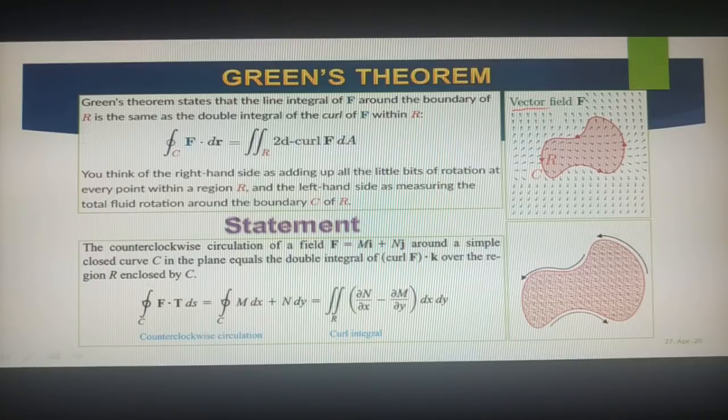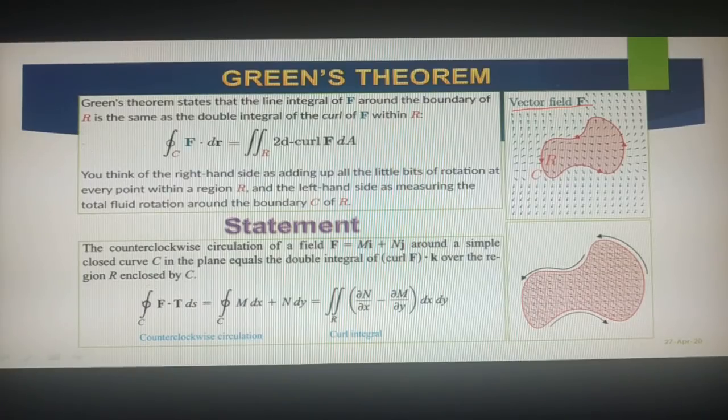So I have a vector field here, and in this vector field I took some region R, capital R. Around this region I have defined some curve, capital C. As you know from our previous lecture, we find this using the integral over C of f bar dot dr. This circle represents a closed curve, isn't it?